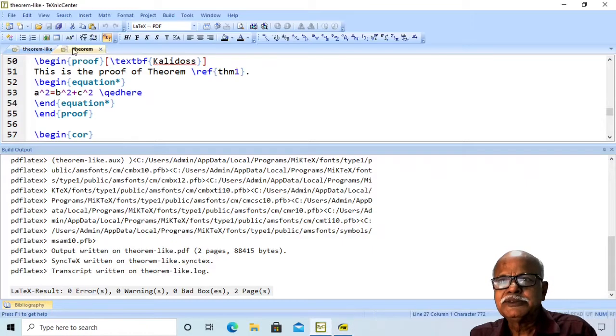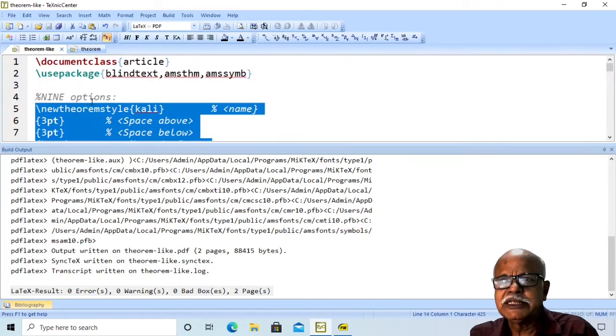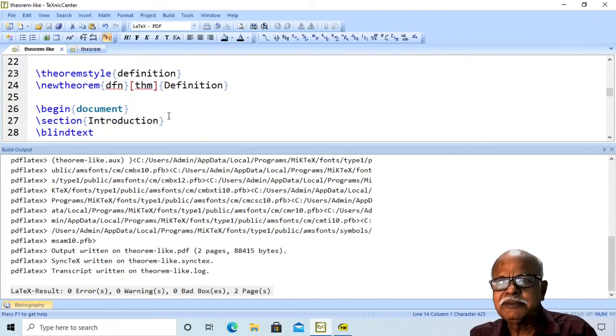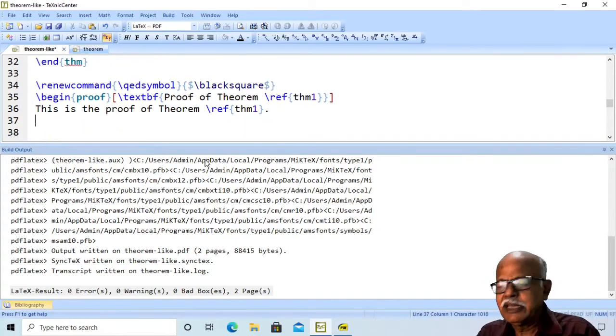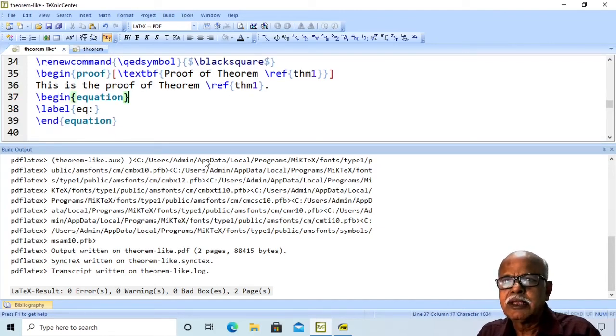Then, there is one special case. In the case of proof, let us say, here we have an equation. Let us say equation 1, a square equal to b square plus c square.